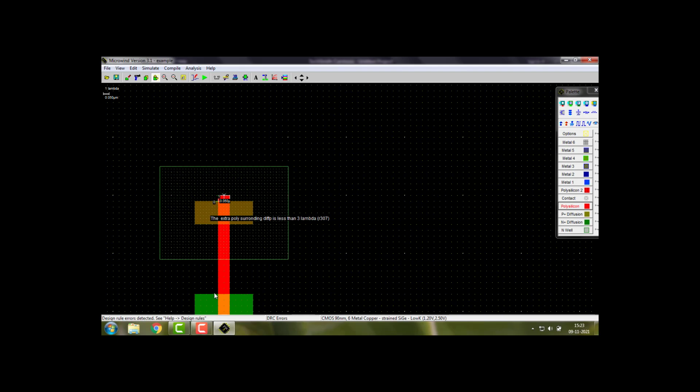1, 2, 3, 4. We can make use of this if you wish. How much it is? If you don't want to count, you can see this is 4 lambda. This is the scale that we can use. Here to here it must be, say, 16 lambda, because it is extending 6 here, and 4 lambda is the width of the P diffusion. So this is total 6 plus 6 plus 4. That is what it is showing. And if you wish to eliminate this, you can double click, or just unclick on this.